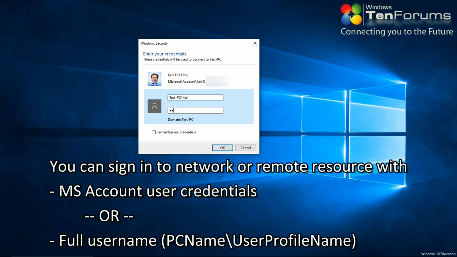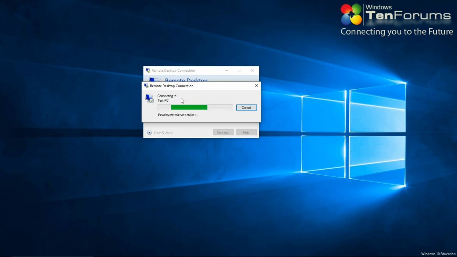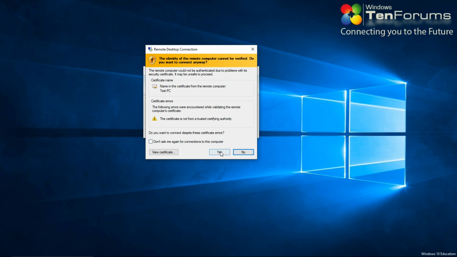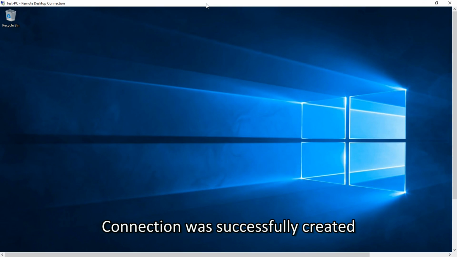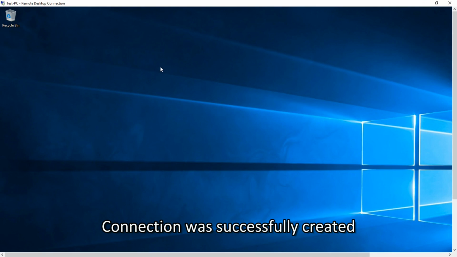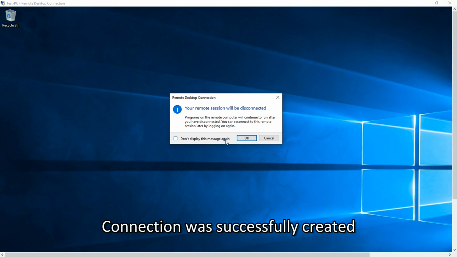Regardless if the user on the remote computer is an MS or a local account, the easiest way is to use the full username. In other words, PC name / user profile name. The connection will be created without an issue.